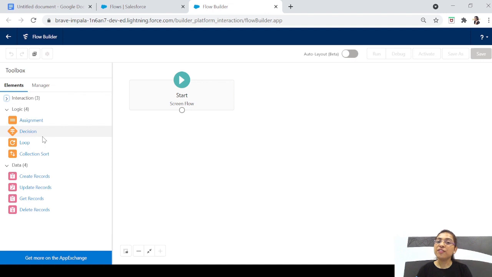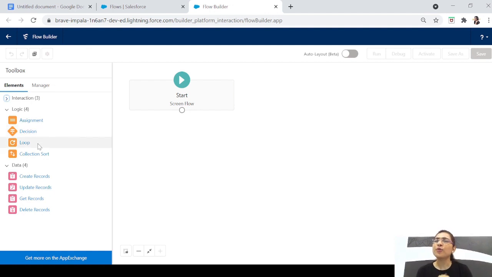But what if the user has not inserted any email address? He has left the field blank. So what should we do? The action will show the error that the email address is blank. So for that, we can use decision. What we can add in decision is that if the email address field is not blank, then set an action. If the email address field is blank, then do this, right? So for that, we can use decisions.